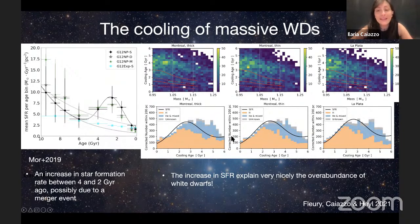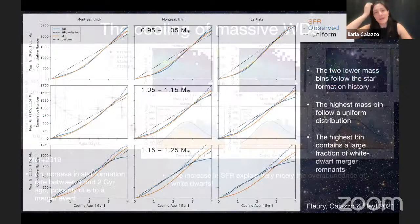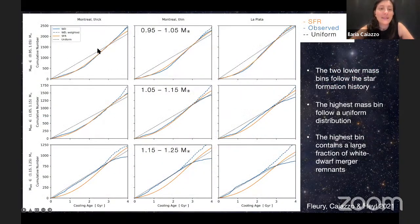And so we are finding the exact same thing in white dwarfs. So we're kind of confirming these star formation rate results from main sequence, but using white dwarfs, which are very precise because we can know their cooling ages very nicely. And so this was a very nice result that we just got using Gaia, no follow-up or nothing, just by counting white dwarfs. And another thing that we found out is that if we divided, so here we're showing the